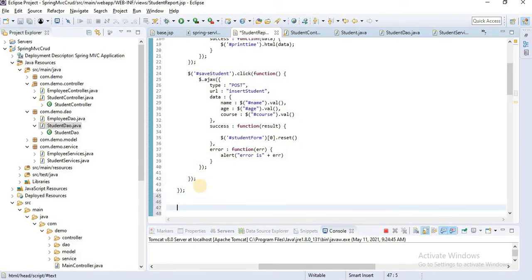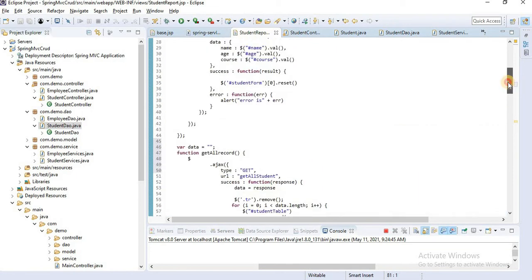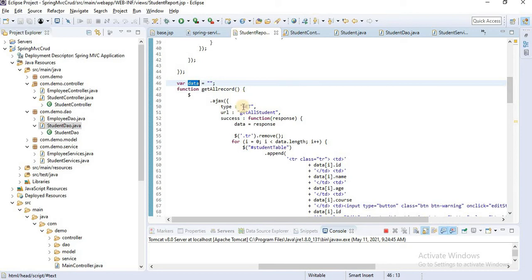I'll simply paste here. Okay, let's save. I'll explain what we have done here. We create one variable, an empty data variable, then we call the get method, an Ajax call, type get, URL get all student.